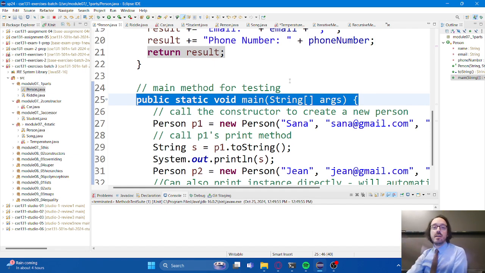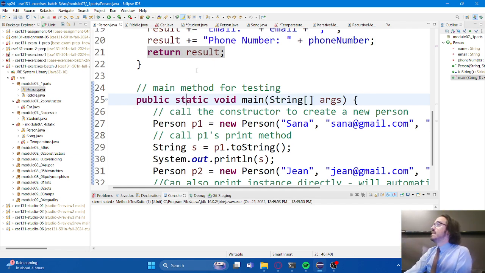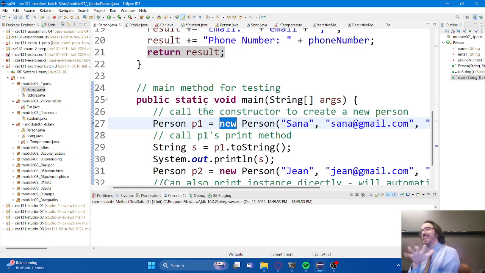So that's very important. But let's take a look at this main method and see how our objects are being created and used. Line 27 is actually creating an instance of an object by calling the constructor. And you've actually done this before. We didn't tell you that's what you were doing, but you've done it before. What do we see here that gives us some clues? This new keyword. Where have we seen that before? We saw it with arrays, although I don't think arrays quite qualify as objects in this circumstance.